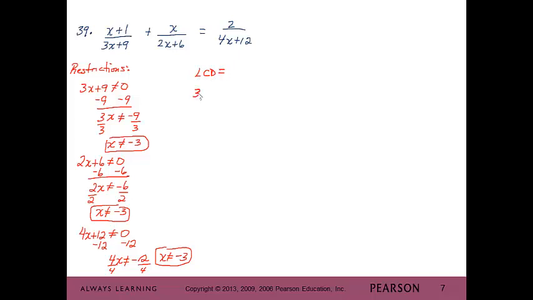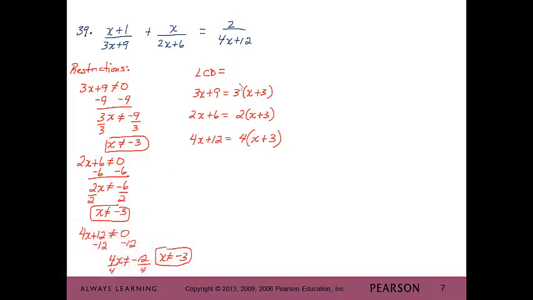So the factors of 3x plus 9, that's going to be 3 times x plus 3. We can factor the 3 out. And then the factors of 2x plus 6, we can factor out the 2, and we'll again have x plus 3. And then the last one was 4x plus 12. We can factor out the 4, and we'll have x plus 3. So then the LCD,